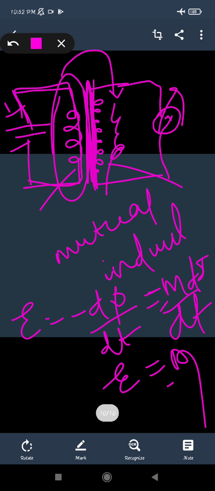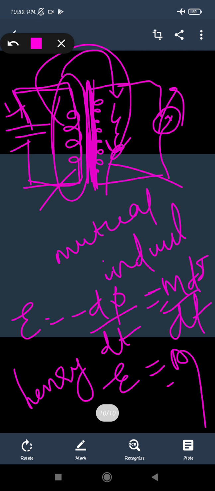So what will happen is, if the current is just allowed to flow through the primary coil, then we can see that some EMF is induced in the secondary coil. So this induction of the current in the secondary coil due to the primary coil is taken as the mutual inductance. Okay, so two coils will be used. And we can say that the unit of mutual inductance will be taken as Henry.